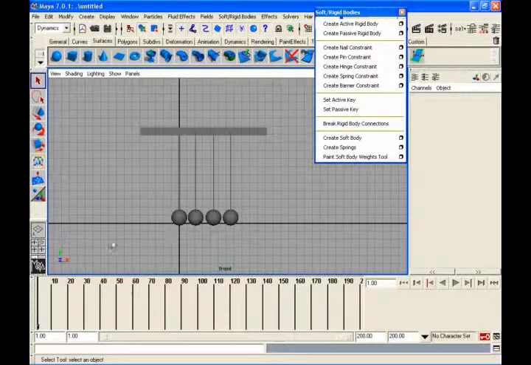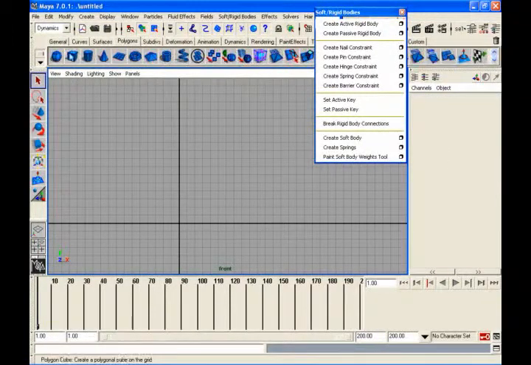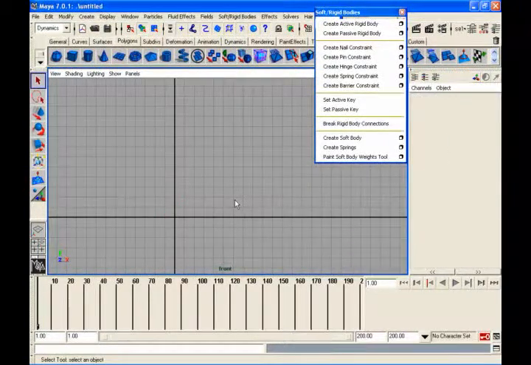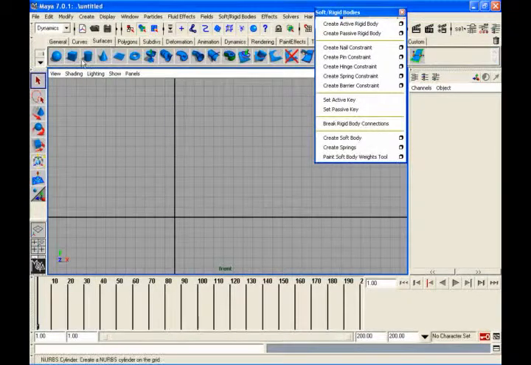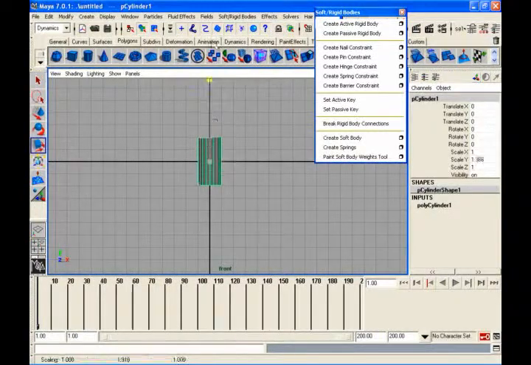I will show you some more examples. Actually, the musical hangings you see near doors that move, you can create using this. You can take a cylinder, scale that up.